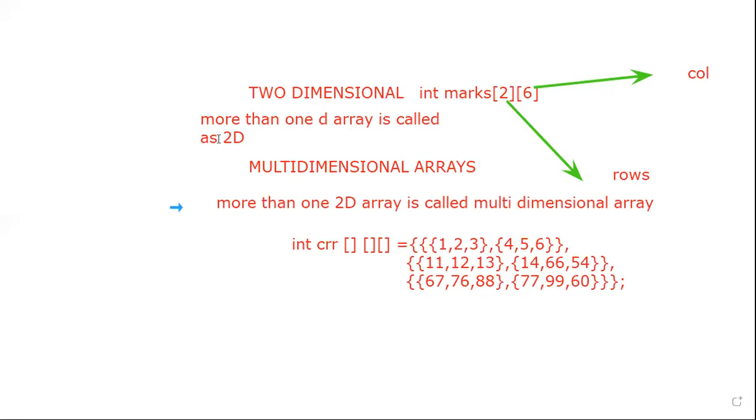Next, we'll move on to the next data structure. So what is the next data structure? Already I showed you yesterday. After arrays, stack and linked list. Let us talk about stack, and after that linked list. All these are very big concepts, so I'm just giving you an overview.